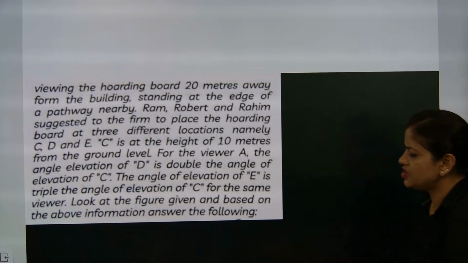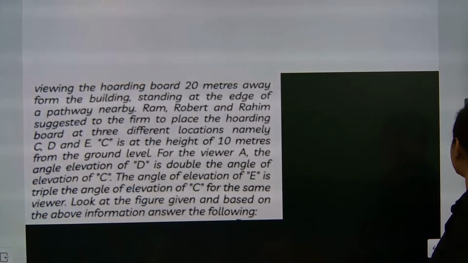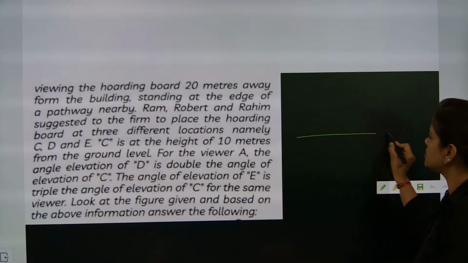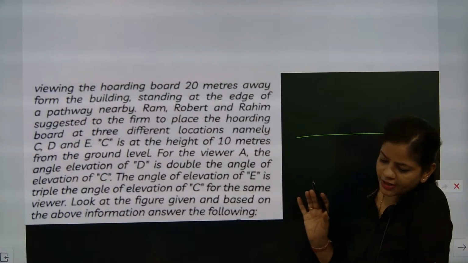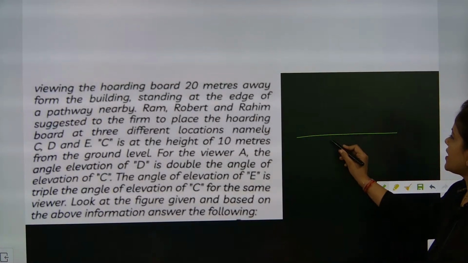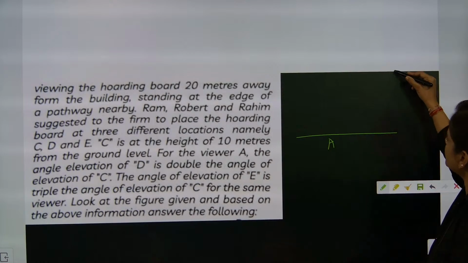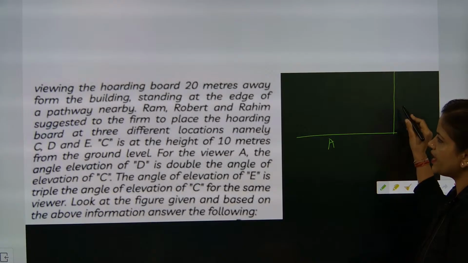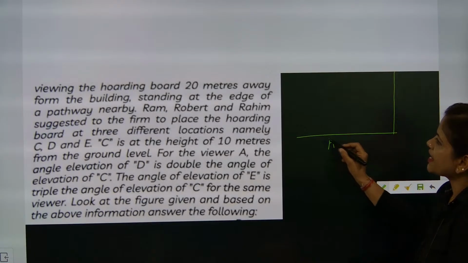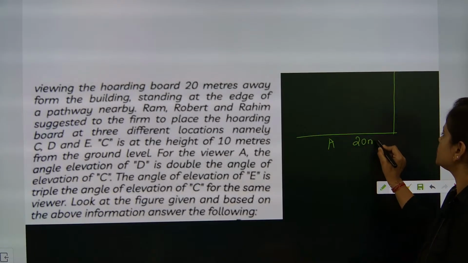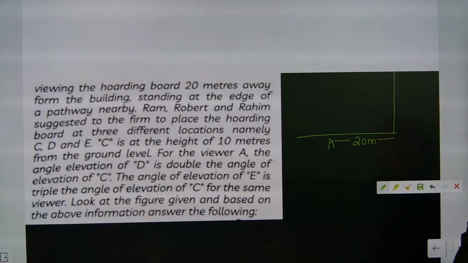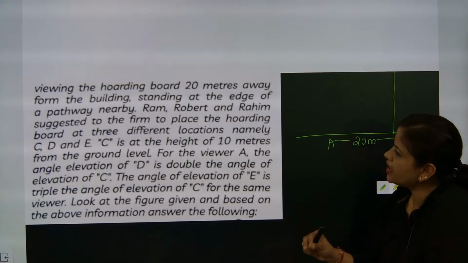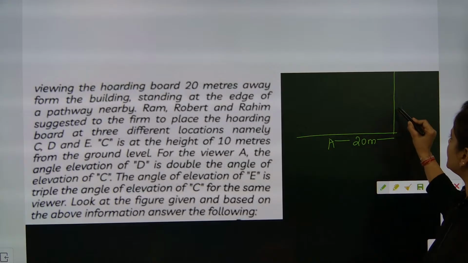So when we will be checking the building, please kindly see this part. How to draw these sections: one person will be there, that person A, at some location, and the distance of that hoarding board from the person is exactly given as 20 meters. After that they are suggesting 3 parts, and they are telling that take first C,